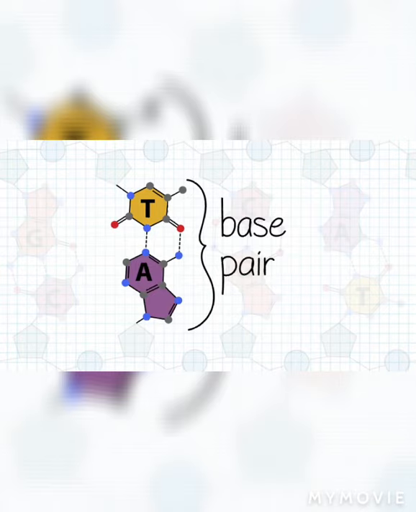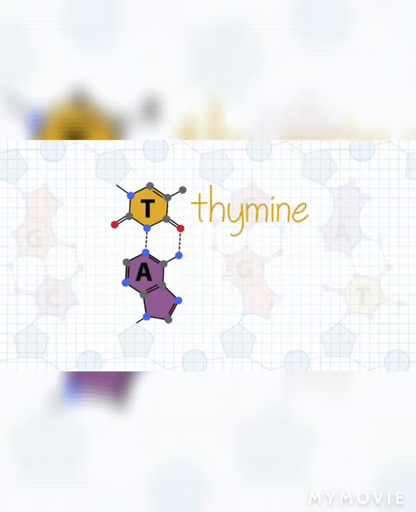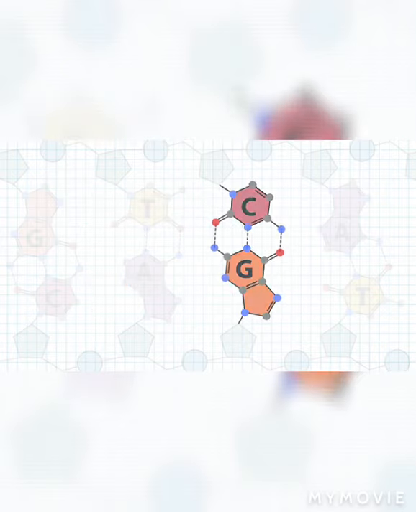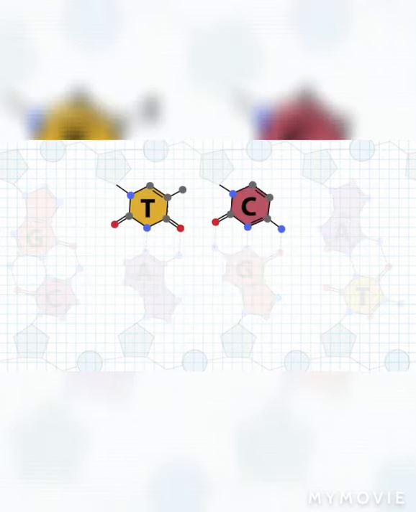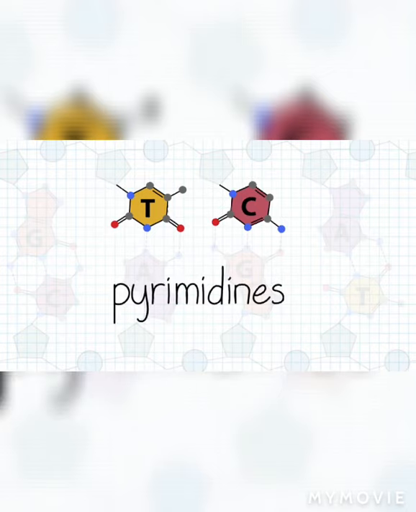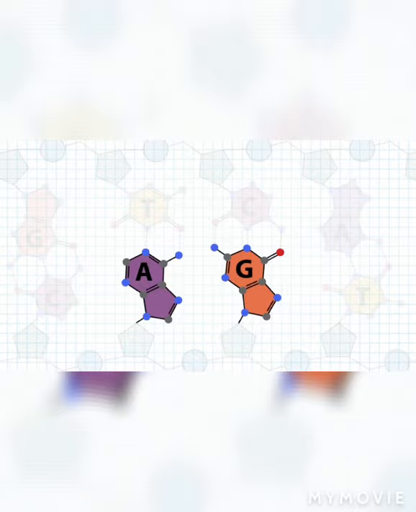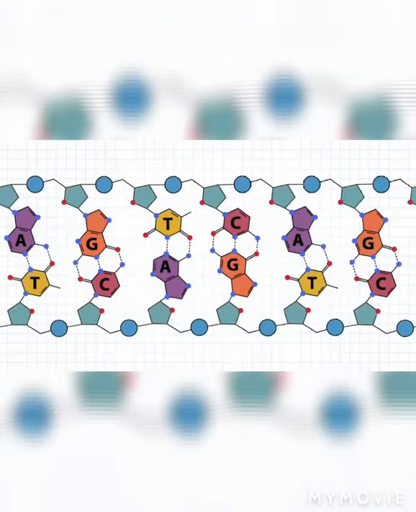The hydrogen bonding contributes to the specificity of base pairing. Thymine preferentially pairs with adenine through 2 hydrogen bonds, and cytosine preferentially pairs with guanine through 3 hydrogen bonds. Thymine and cytosine are called pyrimidines, characterized by their single ring structure, and adenine and guanine are called purines, which have double rings. The geometry of the AT, or TA,